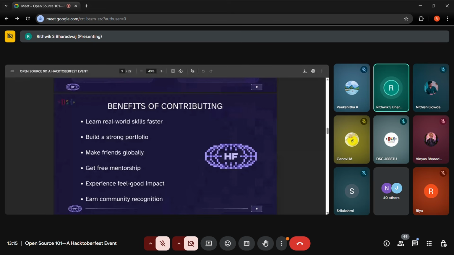So when you have it on your profile that you made so and so open source contribution, it's very big for recruiters. Say you want to join some company, you tell them that you've made so and so open source contribution. It really stands out in your CV. Okay, so that's one of the other things.